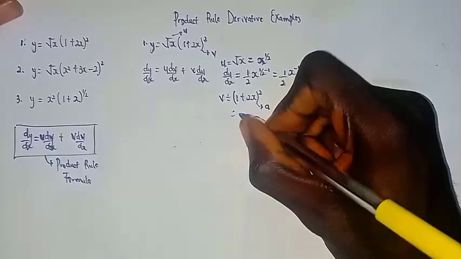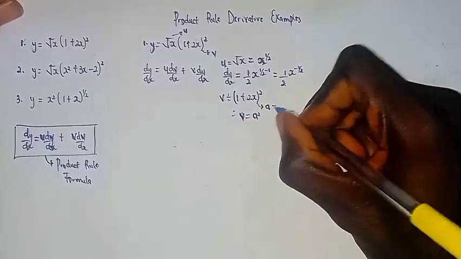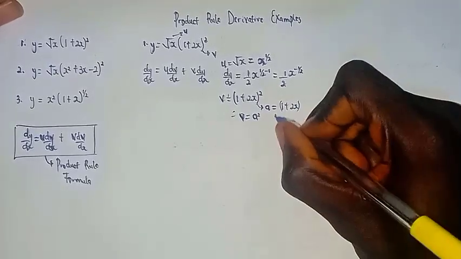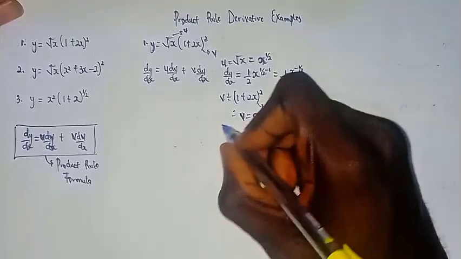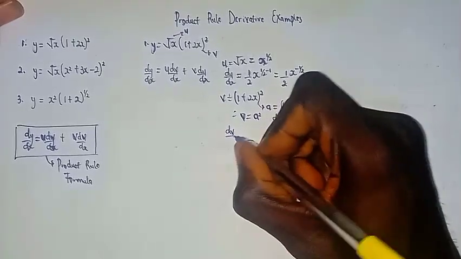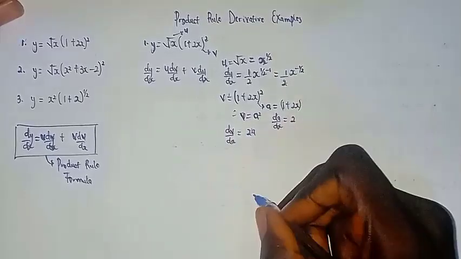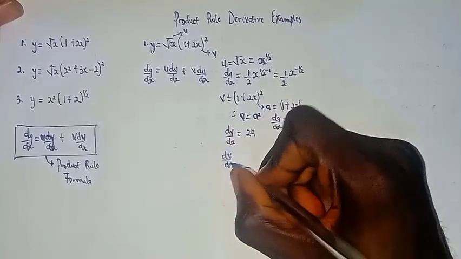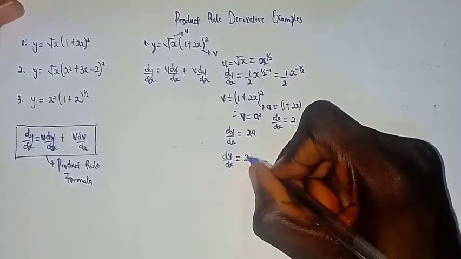Therefore v will be equal to a squared, right? a is equal to 1 plus 2x. da over dx becomes 2. Therefore dv over da becomes 2a, right? So our dv over dx would become dv over da, which is 2a,